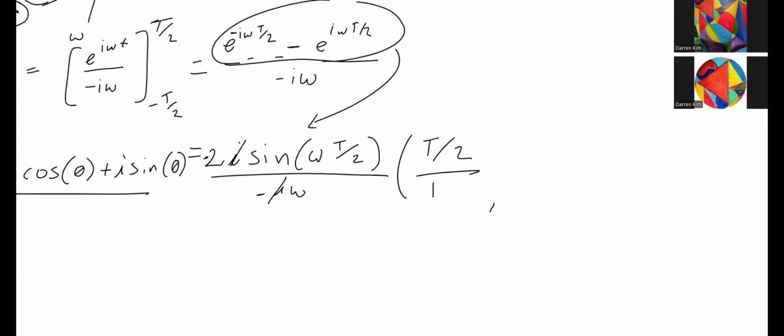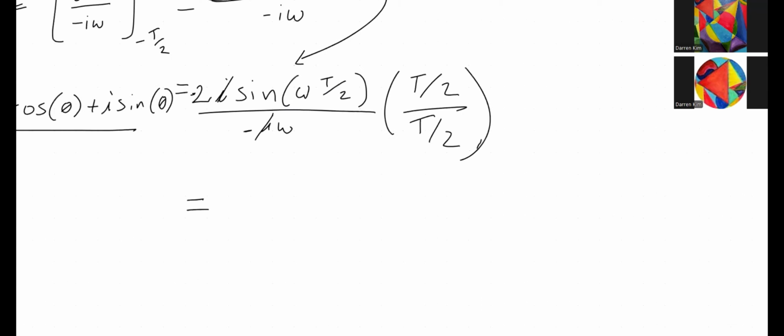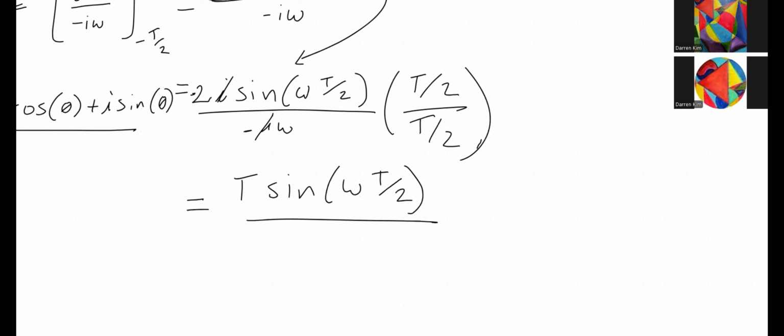Why I did that was to get it in a form. If you do that, it is basically t sine omega t divided by 2 divided by omega t divided by 2. What happens here is that if you look at this, this is a function that's specific. What that means is that there's a function called sinc, like sine or cosine. It's labeled by